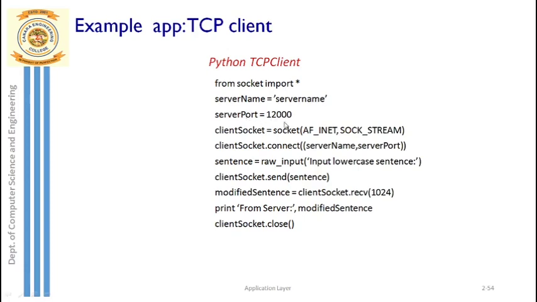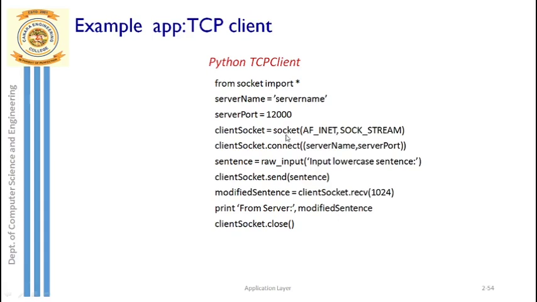Now the client is going to create his socket. Same procedure, the socket is created, but one difference you have here. You see the second parameter, it is SOCK_STREAM. It is not DGRAM. DGRAM indicates which one? UDP as a protocol. STREAM is the one which indicates TCP as a protocol. AF_INET, that is the same thing, IPv4. SOCK_STREAM indicates TCP as a protocol. Now the client socket is created, and that client socket will return his address, port address, that will be stored here.